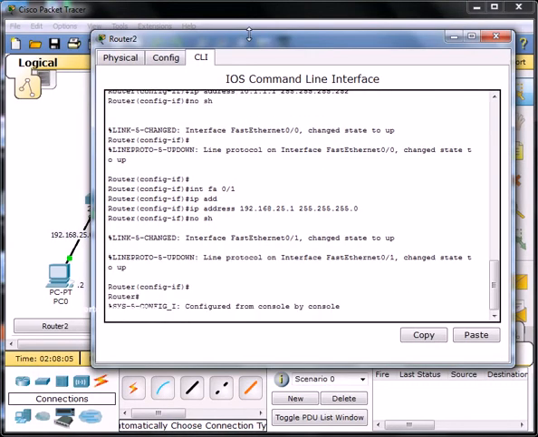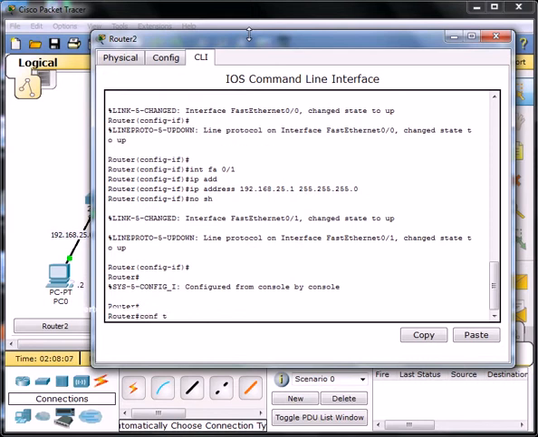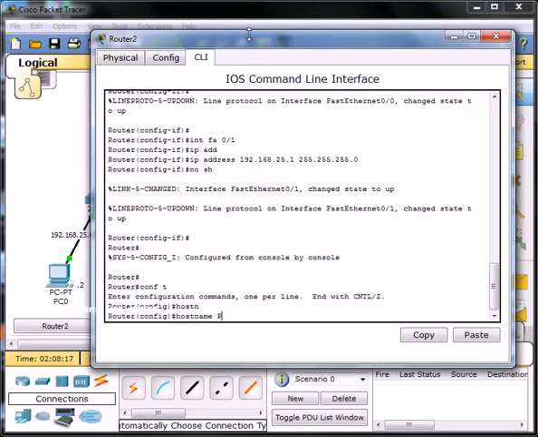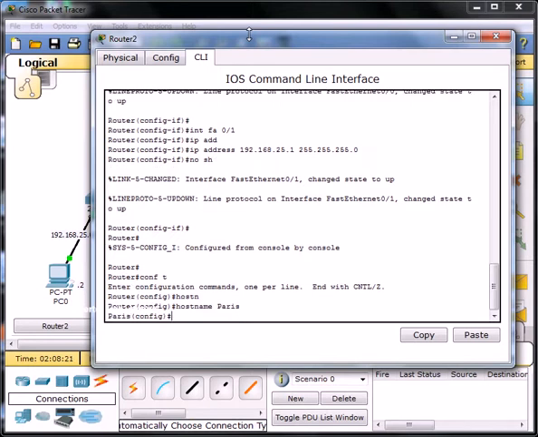I'm just going to go back to the original prompt here. We use configuration terminal, and I actually changed the host name here just to make it a bit easier. I'll call this one Paris. And in Paris, what I'm going to do is enable the routing in it. So we type in router